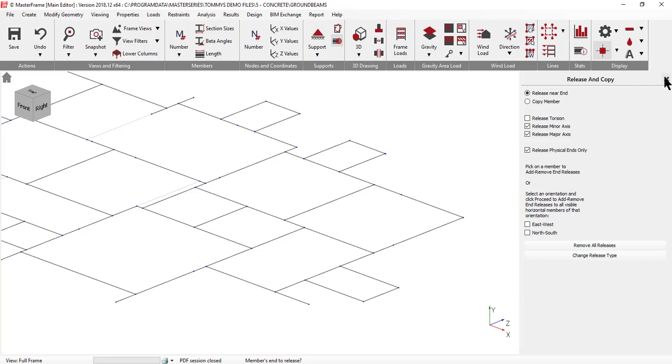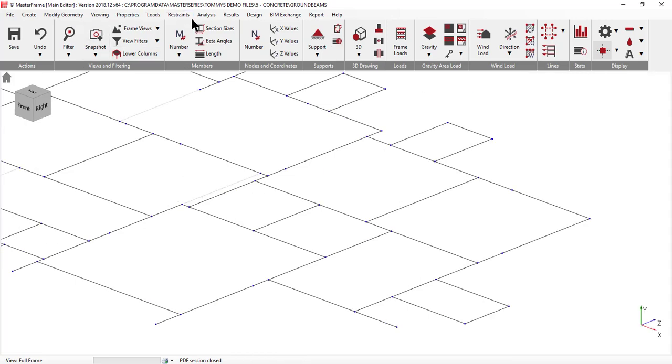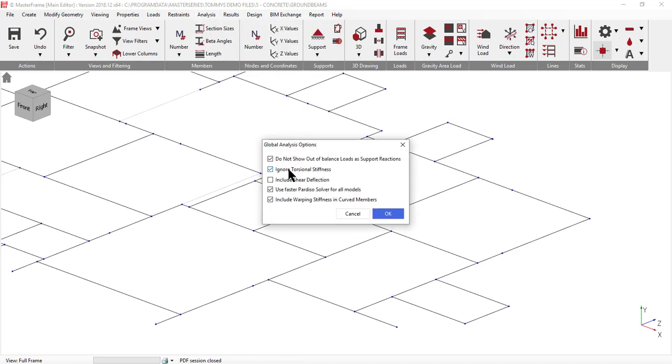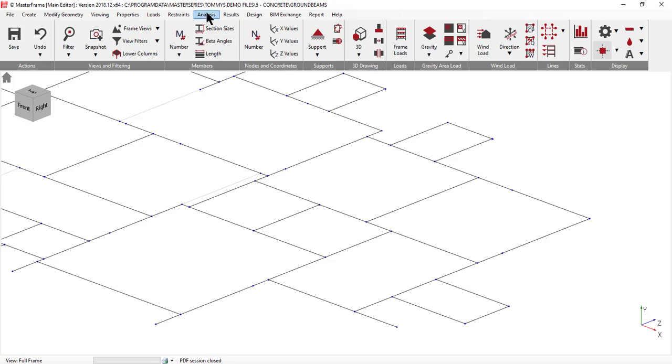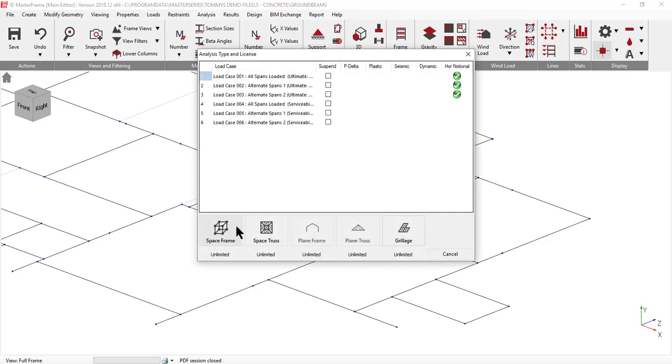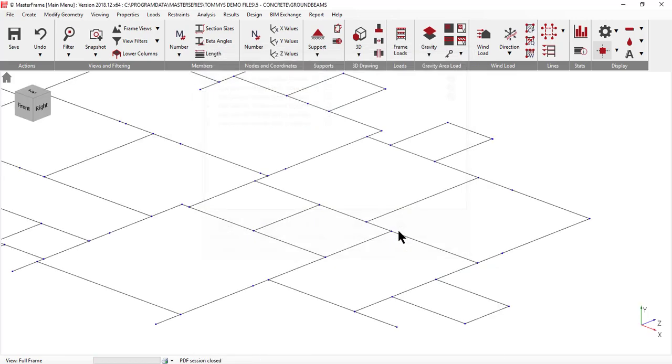Now the alternative way to do this, which is the way I've done it, under the analysis is under global analysis options, is I've told it to ignore torsional stiffness. So if I take out that option and say OK, and now reanalyze static analysis, you will see, again it's just a grillage, that when we look at our results, graphical,